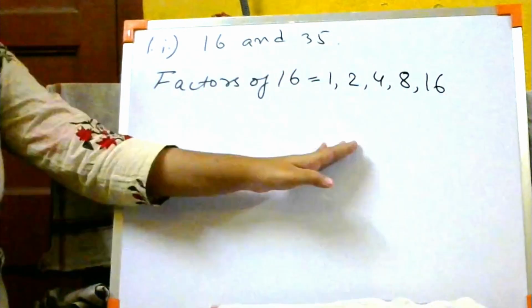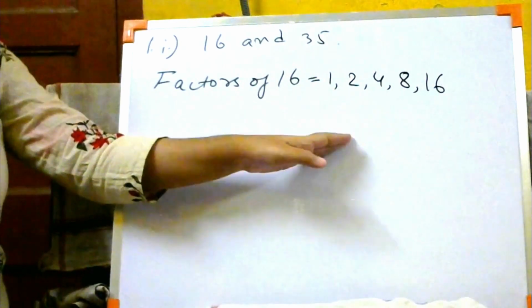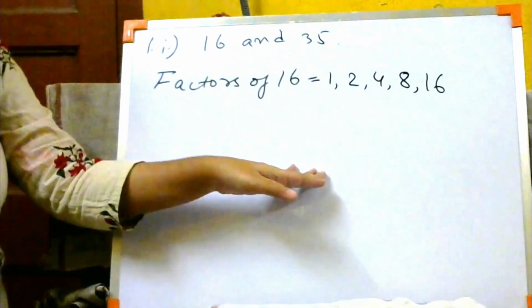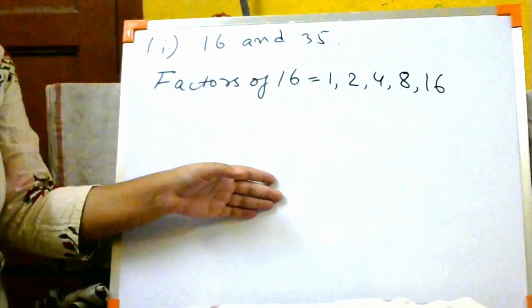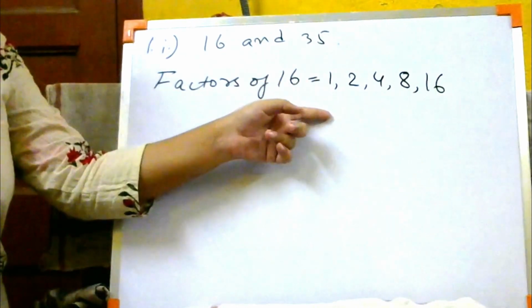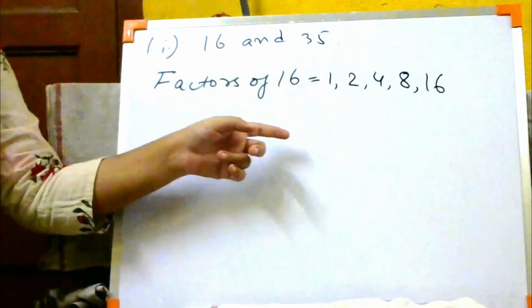Look, since I am writing, that doesn't mean that I am right. I might be wrong. So I want you people to also solve it. If I am wrong, you can correct me on WhatsApp. Ma'am, in this lecture, this sum you had done wrong. I'll be more than happy.